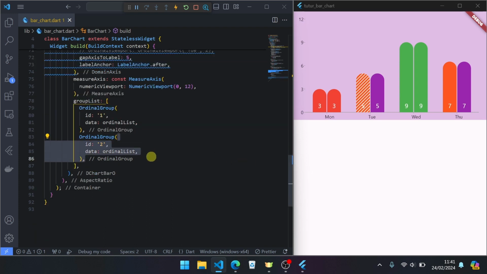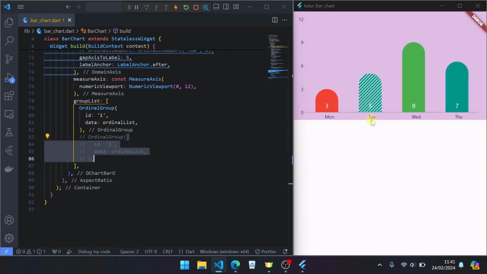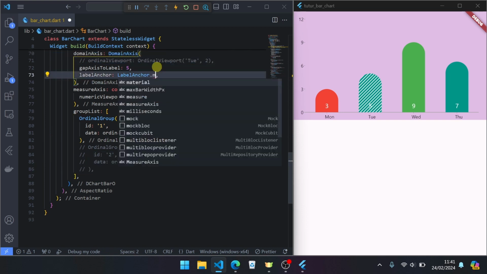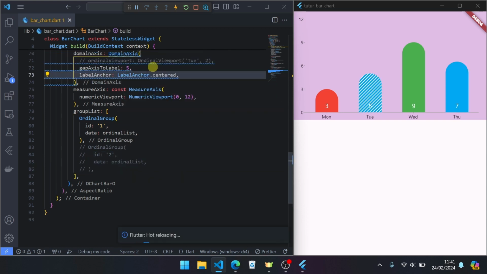For one group, you can test two like this, right, middle or center, and before or start or left like this.